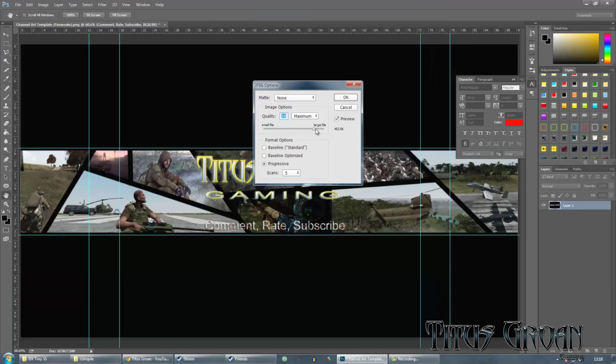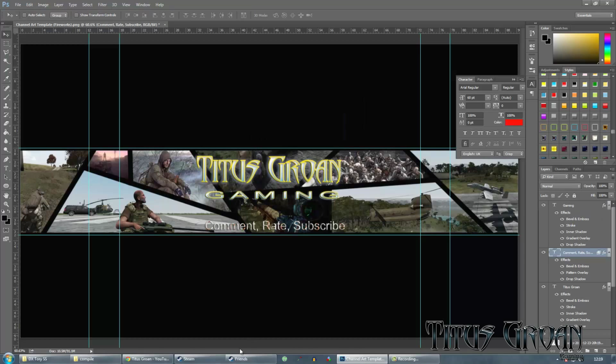So you can see the size. I can have it right up to the top because I haven't made that background into anything. I've kept it simple. If I'd made the background like a pattern or something, I'd have had to drop it down to about 10 and it would have looked awful. Okay, so now